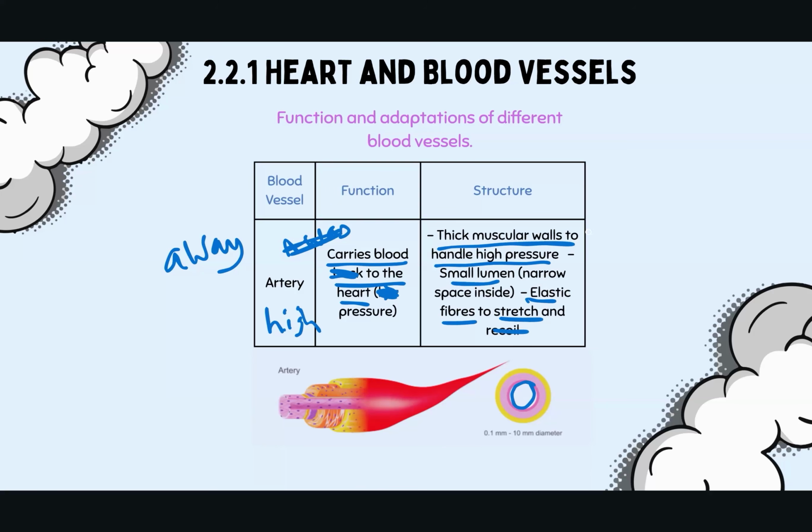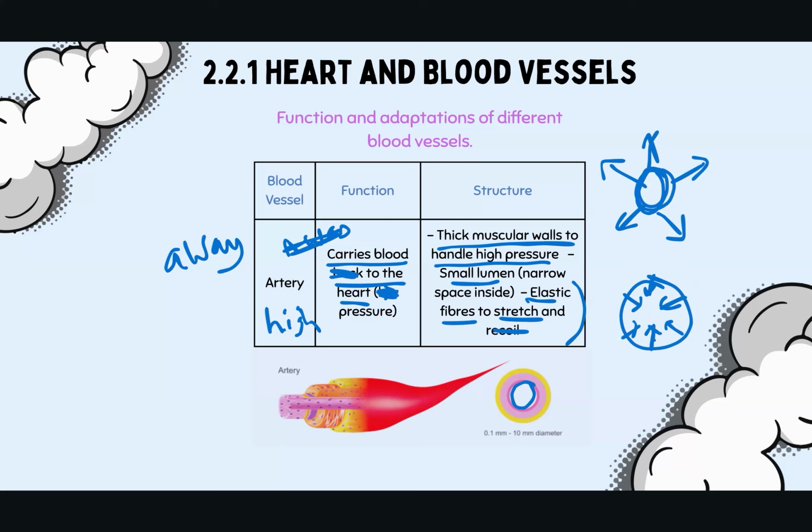Now what happens is when the heart beats, the blood goes into the aorta, which is an artery. And as the blood goes through the narrow lumen, it expands outwards to deal with the extra amount of blood going through it. So this is why it needs the elastic fibers. Now the blood's going at quite a high pressure, so it needs the thick muscular walls to deal with that high pressure. But just like an elastic band, the artery expands and then it recoils and moves back inwards. And that expansion of the lumen, which happens because of the elastic fibers, and then the recoil